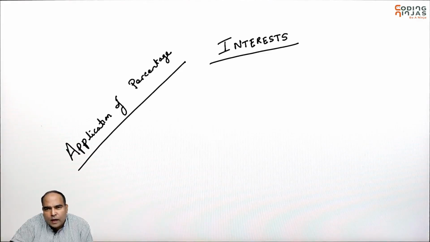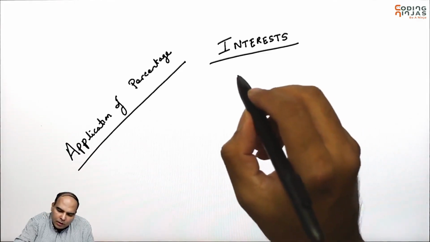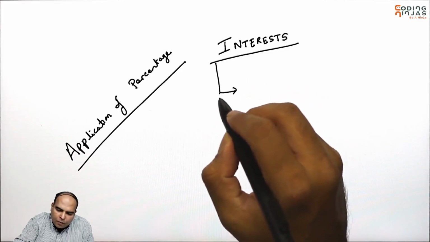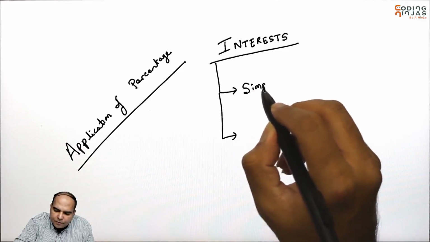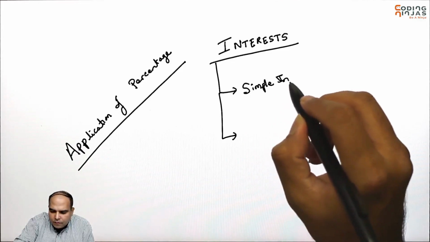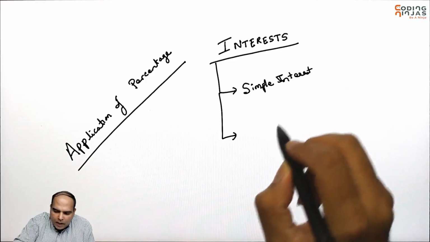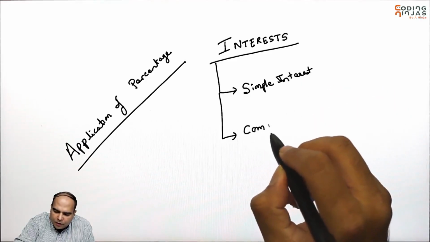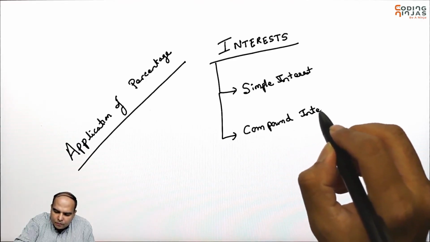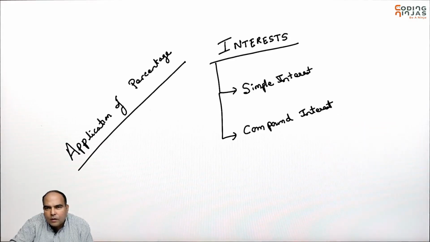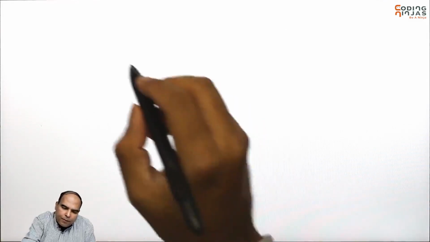And of course, you understand, and I guess all of us know that when you talk about interest, there are two kinds of problems on interest. One is simple interest problems, and the other is compound interest. Simple interest and compound interest are the two subparts of the interest chapter, and the basic difference between simple interest